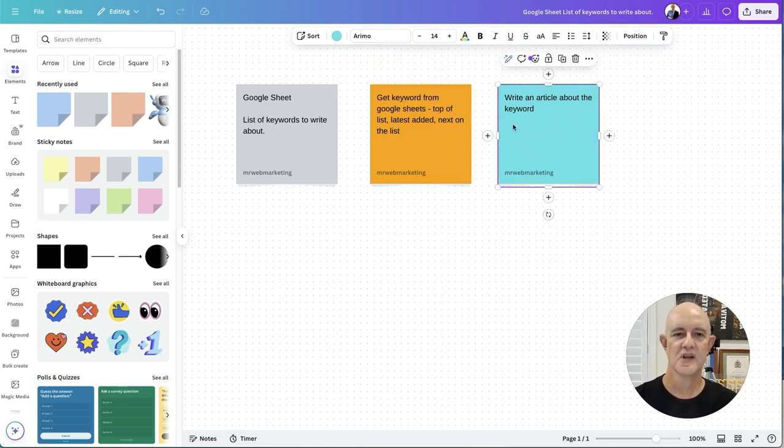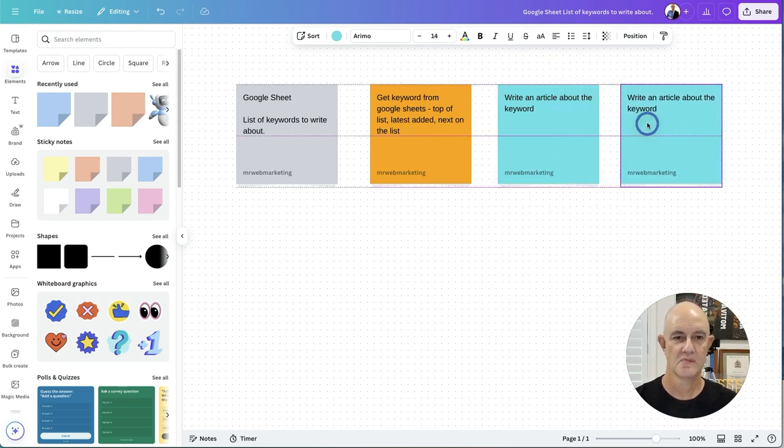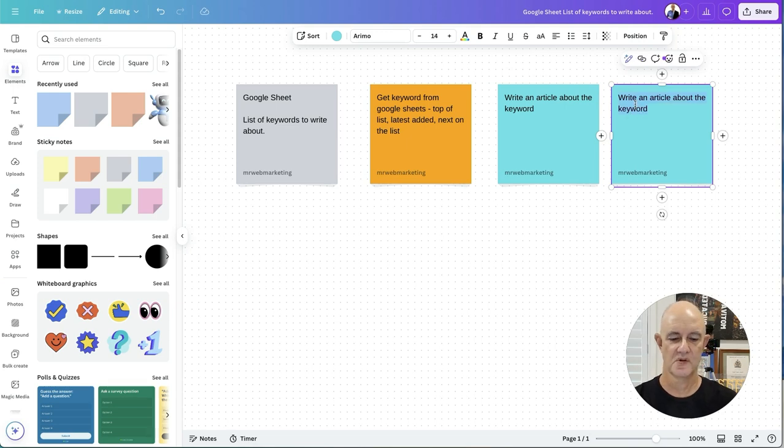So you're going to write an article about a keyword, but how am I going to write that article? I'm going to use OpenAI to write article. Now, am I going to get that article back as text? So if it's going into, say, an email or it's just a piece of text, do I want it like that? Or do I want it to come back as HTML? So is it text,